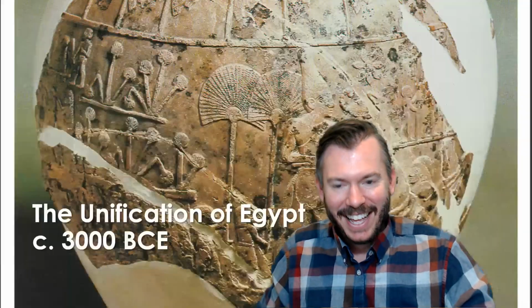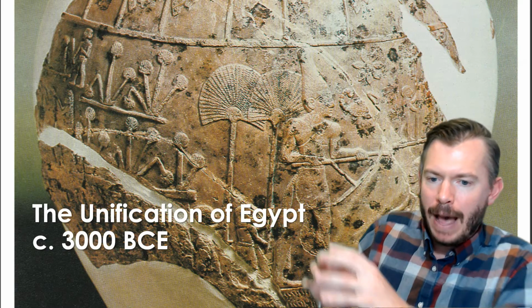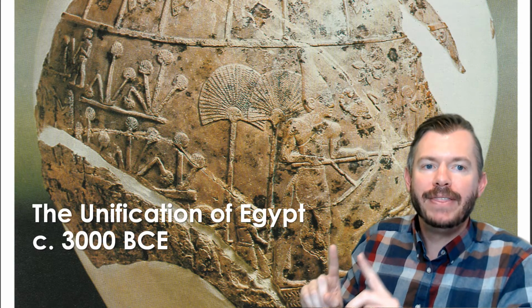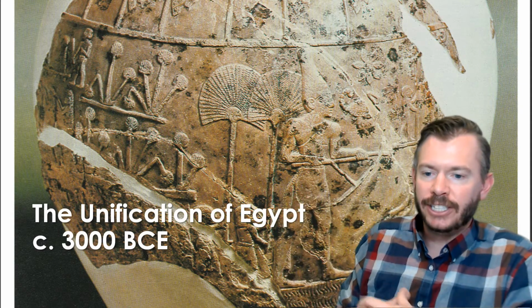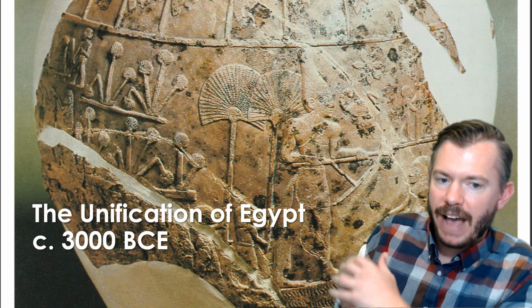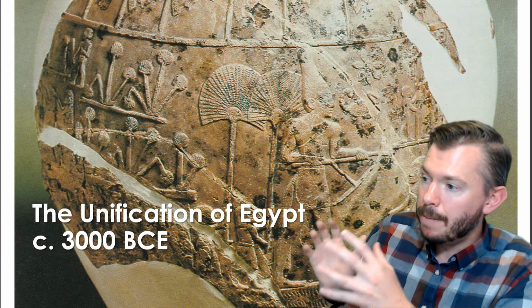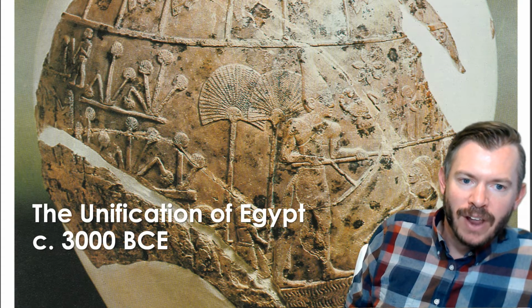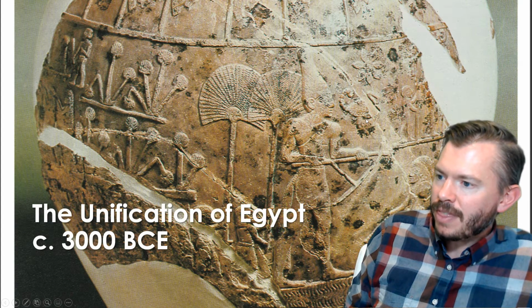All right. Now, I want to start at the very beginning of Egypt, not because you have to memorize this, but because it gives us a sense for how people made the leap from the Neolithic to the Bronze Age. This is one of the earliest artifacts we've got. It's known as the Scorpion Mace Head, and it's got this guy, King Scorpion. You can notice he's wearing the white crown of Upper Egypt, and he's got this little scorpion next to him.